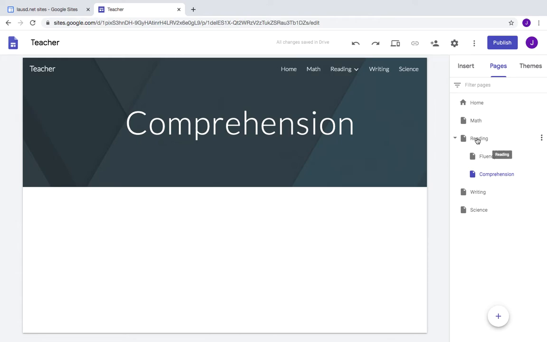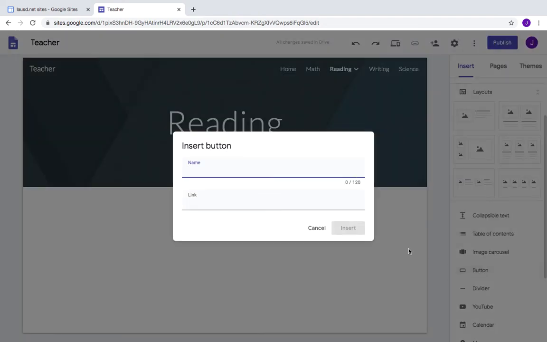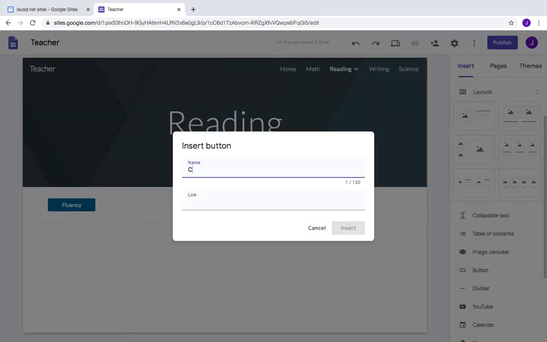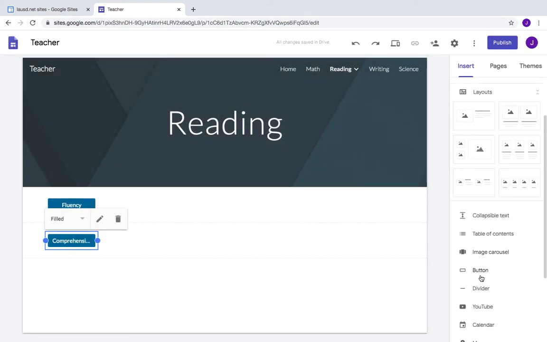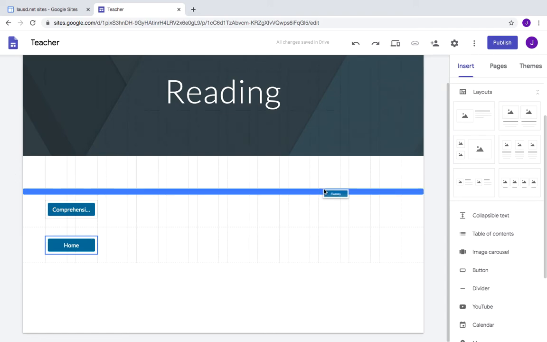So then the reading page itself now has these two tabs. So I can go back to the insert button, go to the reading page, add a button, and name it Fluency, and link it to the Fluency tab. Insert. Same thing here. Add another button, and I want to link it to the comprehension page, and there you go. Insert. And I usually like having a home button. It'll just make life easier for everybody if they can just click home. And then you can just move these around